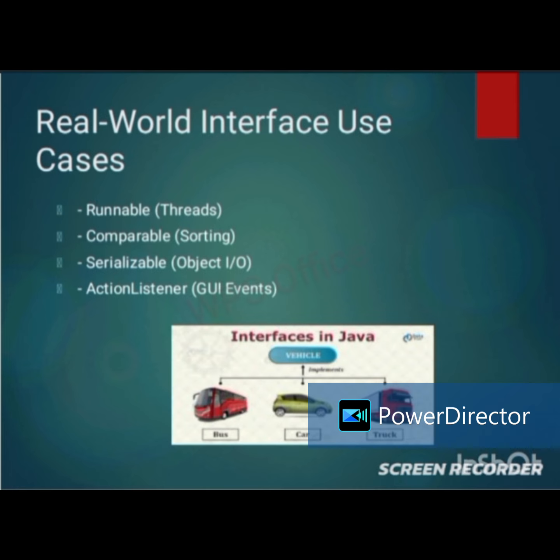Next, we have Comparable, which is used for sorting objects. This interface is found in the java.lang package and contains a single method called compareTo. For example, if you have a list of student objects and you want to sort them by grade,